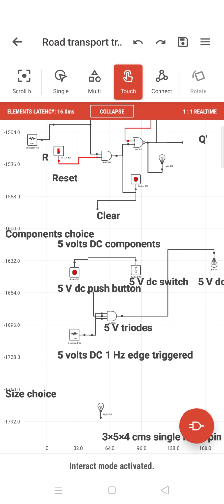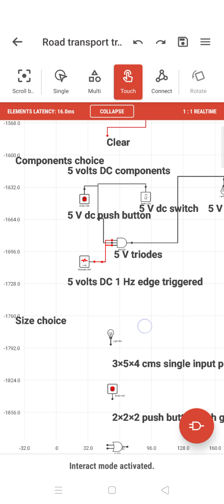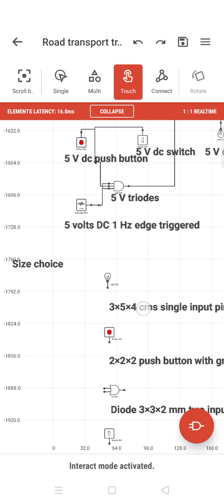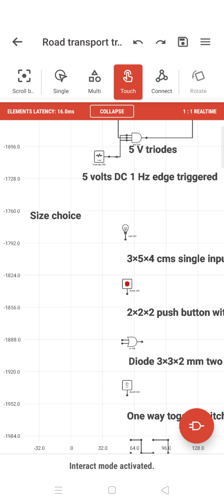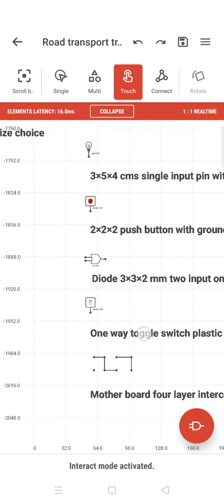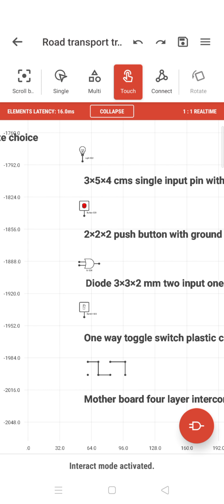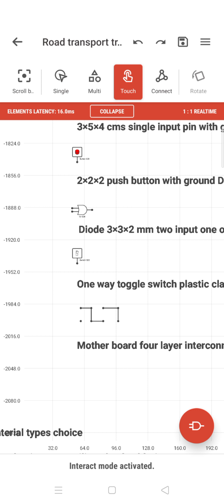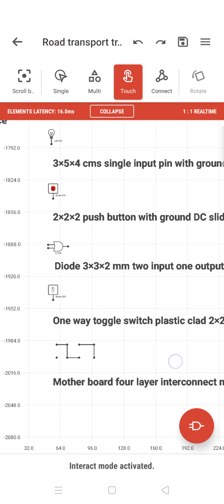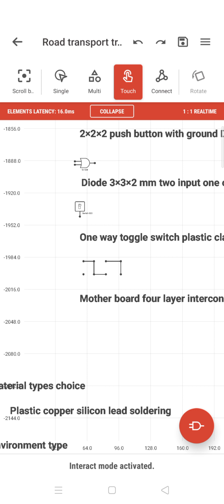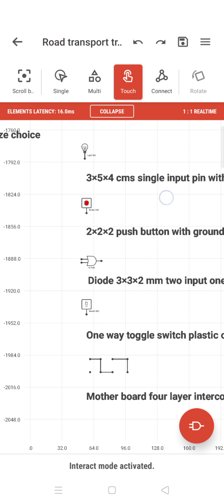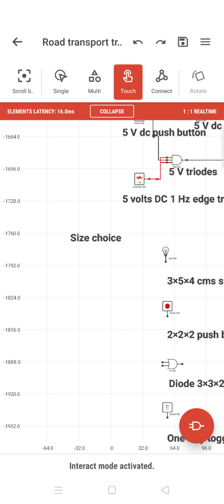Component choice is 5 volt DC components, 5 volt AC components, 5 volt DC hertz creator, and size choice. You have to find the proper choice of the size. You can't buy a big NAND gate to do a small work like a bulb and things like that. So you have to buy the proper size dimension, and you have to create a board. Which is the proper size of the board you can get, and what is the kind of linking within the board, that kind of thing. So the parts management and things like that come under this. This is called the size choice.